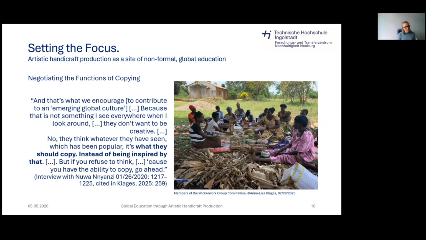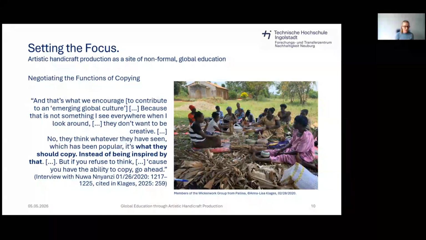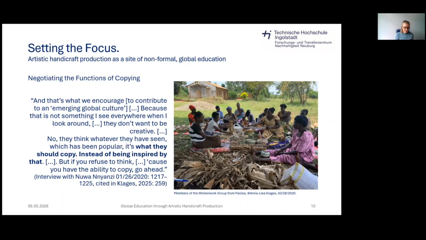Now, I said I do not only consider handicraft products, but also production sites as a site of informal global education. And I brought two very brief examples of where this could possibly be occurring. Now, throughout my research, I had a very important moment when I was confronted with two different narrations of the functions of copying